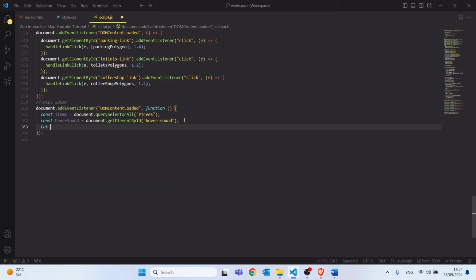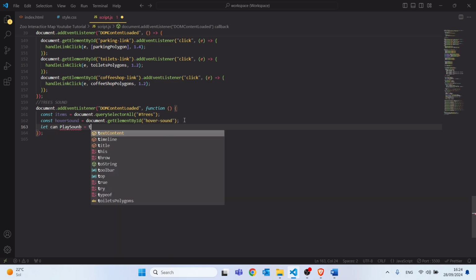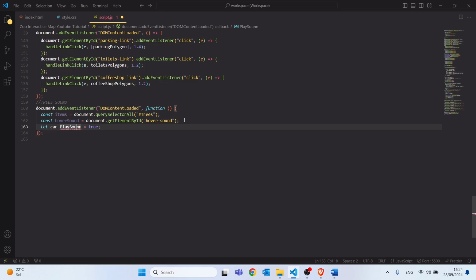Still inside this function, I will create another variable, this time a let variable. Let canPlaySound equals true, and then still inside the function I will type items.forEach item, create an arrow, and then